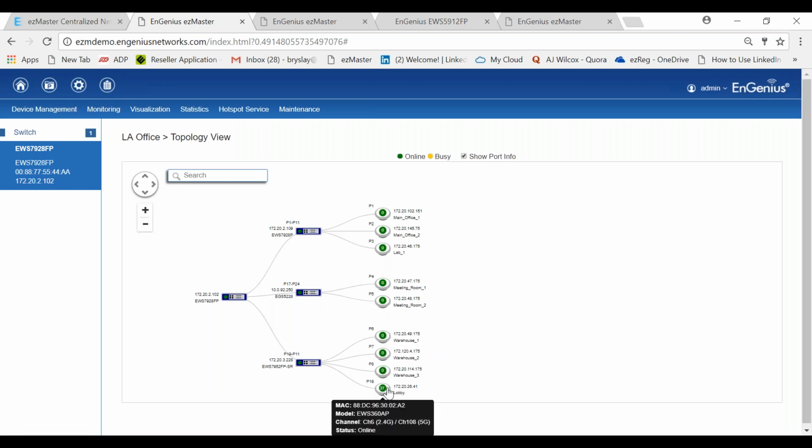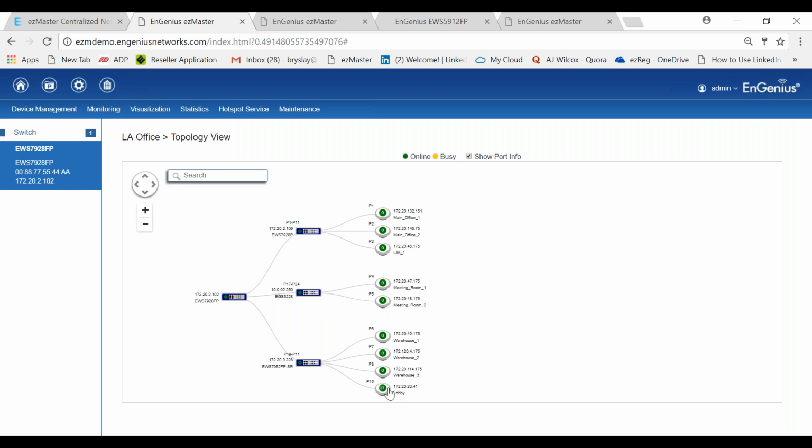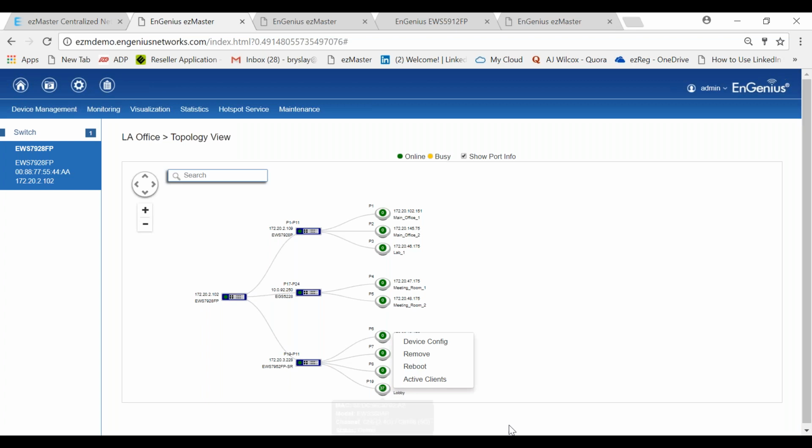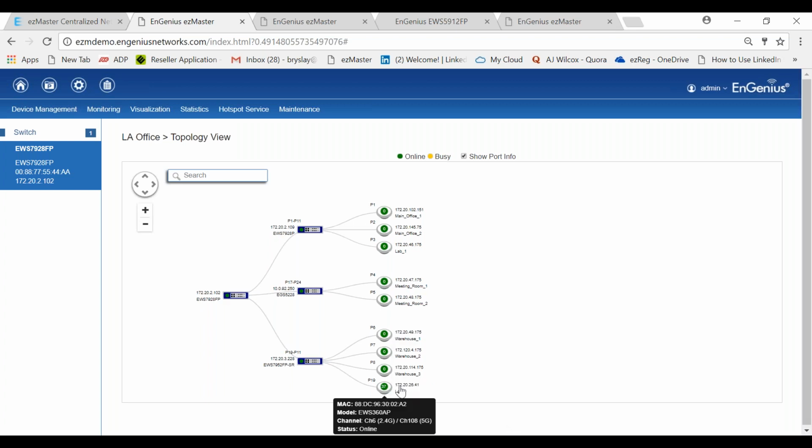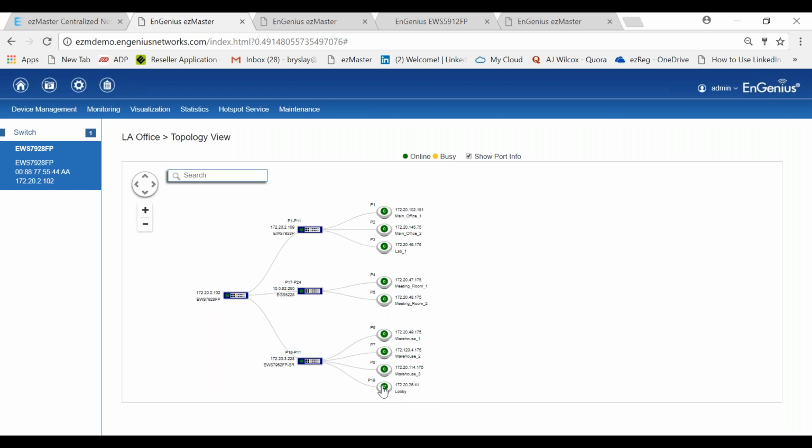If I'm talking to an IT administrator for that office, I can tell him the IP address, I can tell him the MAC address, I can tell him the model. I can tell him that it's 2.4 gigahertz, it's operating on the 6th channel, or channel 6 I should say. There are multiple things I can say. I can also do a hard reboot, and I think a lot of people that we're talking to today have a really good understanding of the difference between a soft reboot and a hard reboot. Hard reboots are really critical, I think, in our industry.